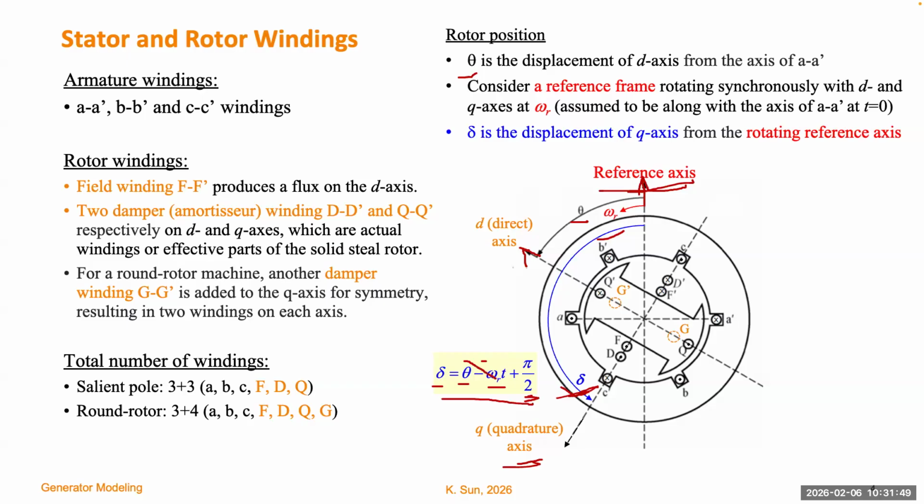So those two items will be 0, right? Delta at the beginning, time 0, is 90 degrees. So when t increases, delta will increase. So why do we define the Q axis as the delta, not the D axis? Because later we'll see, if we define Q as the axis at the delta, then